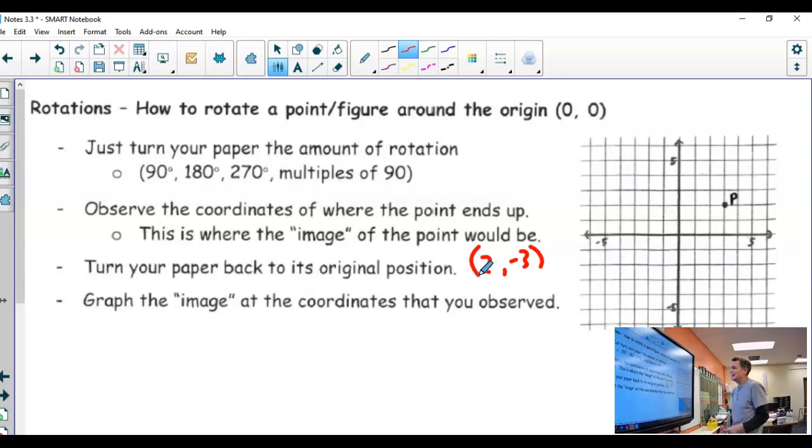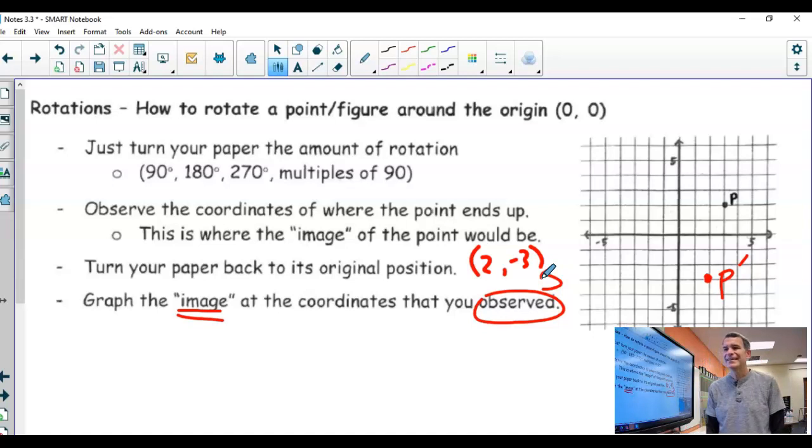Thank you. So now that I've turned my paper back, let's graph where it ended up. That was right here. That's where it ended up when I turned my paper. So that is where P prime would be. I graphed the image at the coordinates that I observed, right? These were the coordinates I was at when I turned my paper. That is how you can rotate a point,